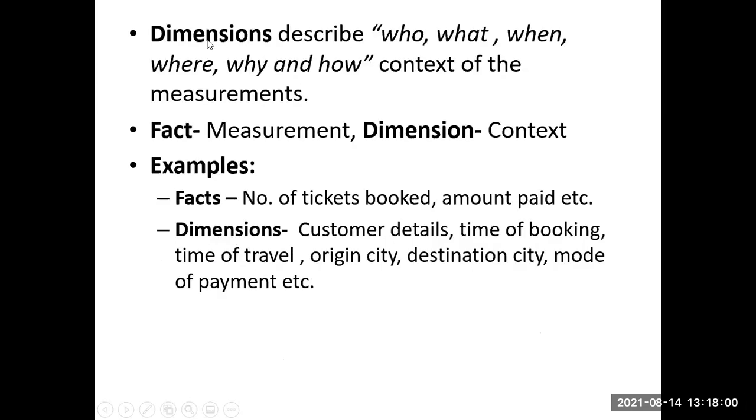You can have a look over here. Dimensions, or the context, describe who, what, when, where, why, and how. All the description is there, the context of the measurement. If I ask in the respective class, how many students are present? Normally, you people give me the answer, ma'am, it is 25. When I ask who are present here, for which class, at what time they entered the class, whether they were attending or not, that will become the dimensions, which we call the context.